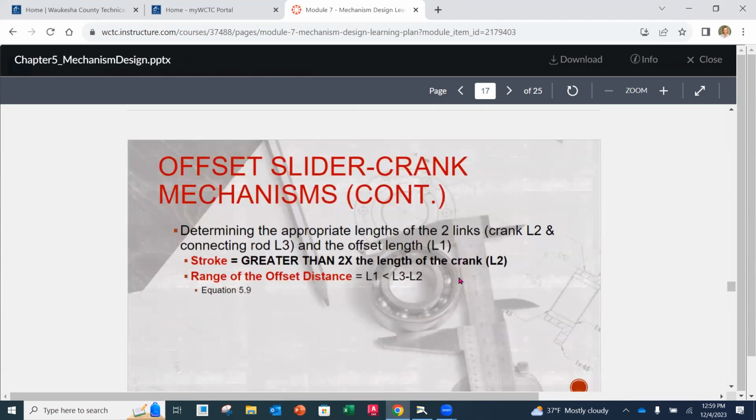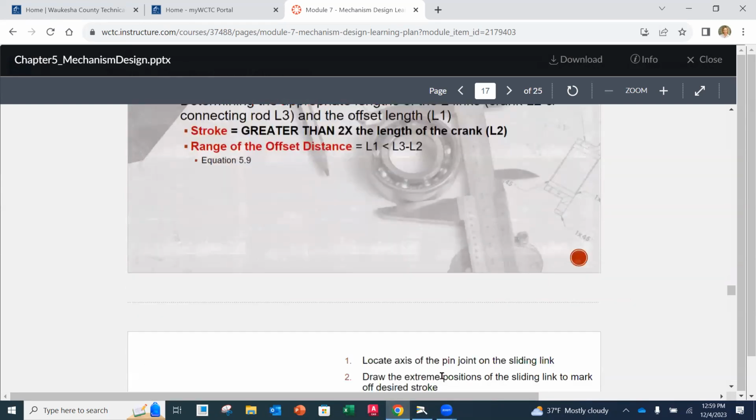Also, when you determine those lengths, your stroke is going to be greater than 2 times the length of L2, the crank. And the range of that offset has to be in the range that we said. It has to be less than the L3 length minus L2, L3 minus L2. Now, additionally, if we look at,